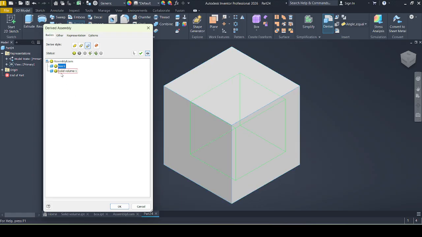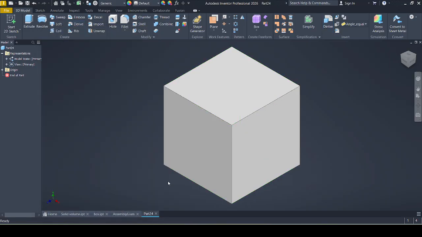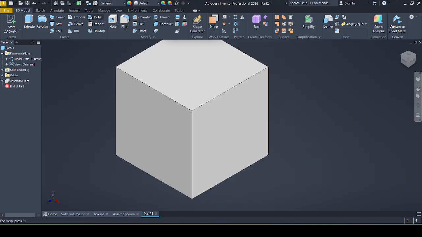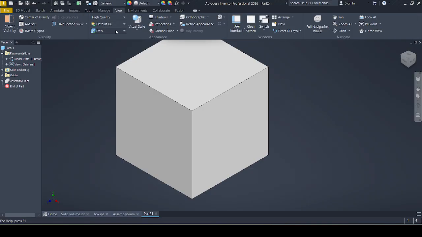I select the first Derive style, the first one, and then I want to subtract my solid volume. So I hit the subtract button, and then when I hit OK, it's going to create the fluid volume,